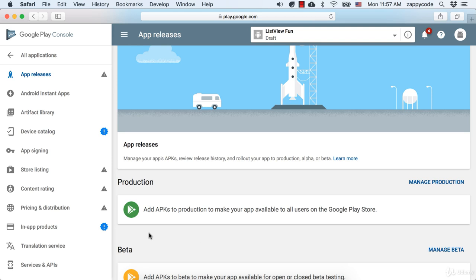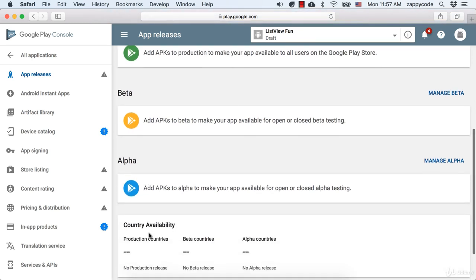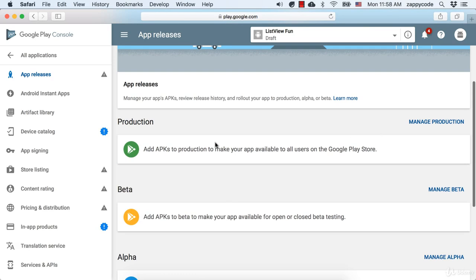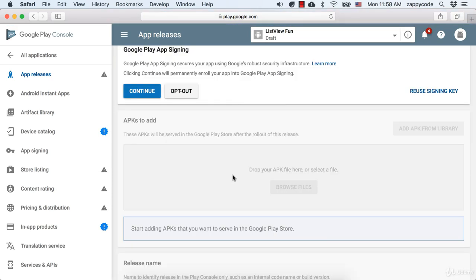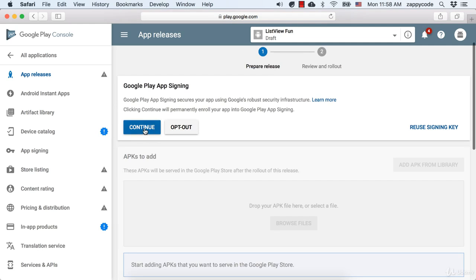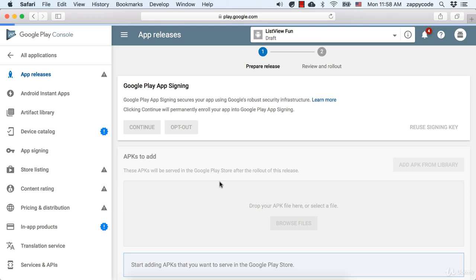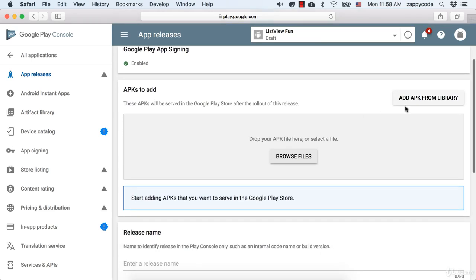And so when you're here, you can actually use this to do some beta and alpha testing. I thought it was pretty funny that they split between the two there. But we want to work with production because we have an app that's ready to rock and roll. So you just want to go to Manage Production and create a release. And you want to go ahead and say, I'm going to continue with the signing stuff. Yes, accept the terms. Okay, and this now allows you to add an APK, which we have to go get